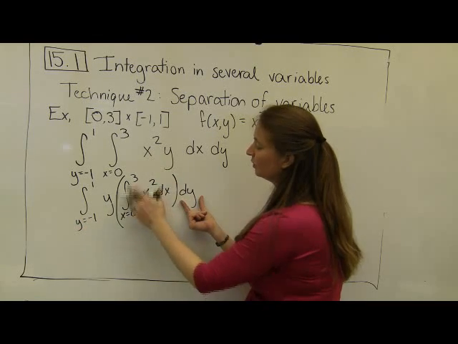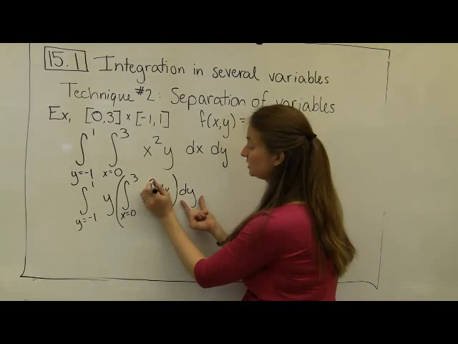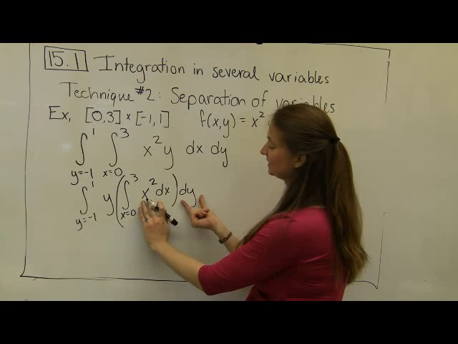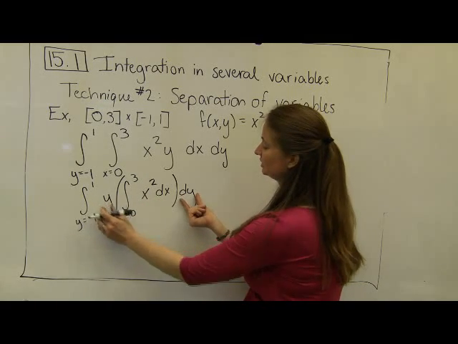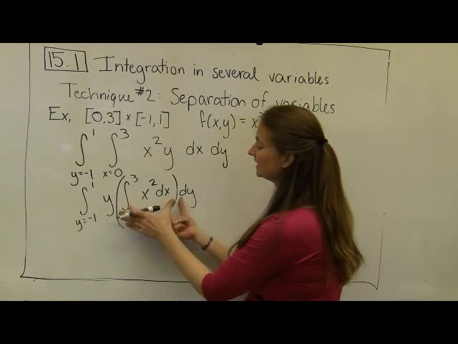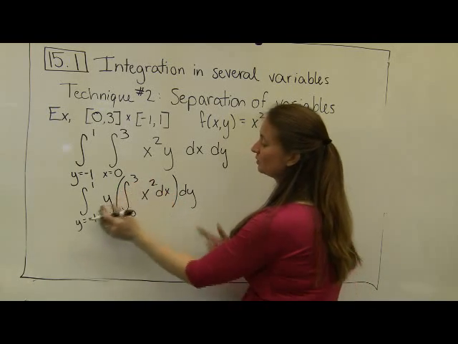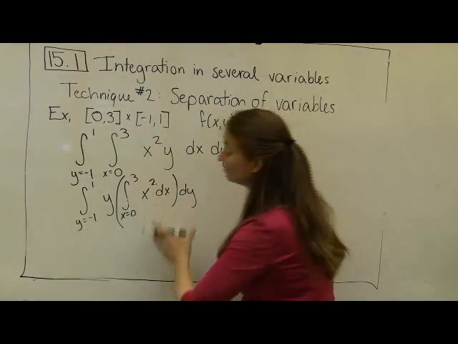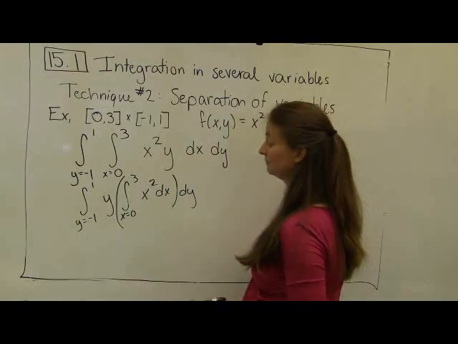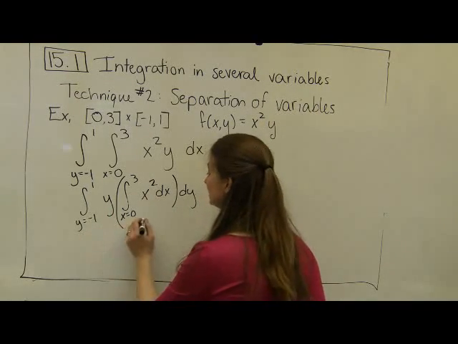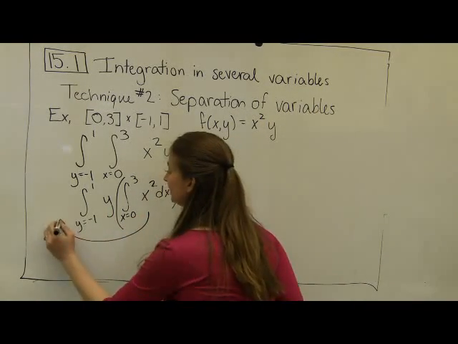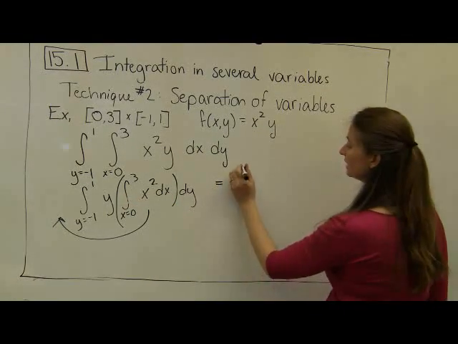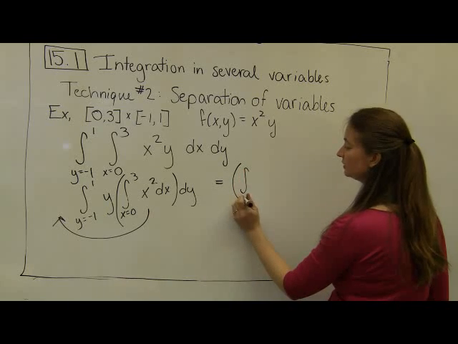messy stuff. Whatever it is, it's just going to be a variable with respect to x, which doesn't matter for this integration. Namely, that this whole thing can be thought of as a constant when we're integrating with respect to y. So if I wanted to, I could take this whole constant and pull it outside of this function, meaning that I could rewrite this by pulling this outside of the function. I'm saying that this whole chunk could be thought of as a coefficient in front of the integration with